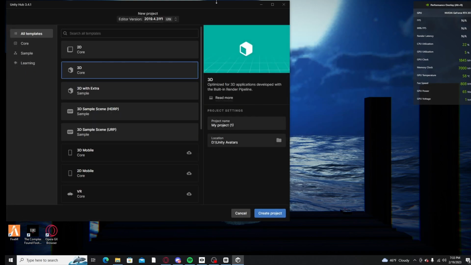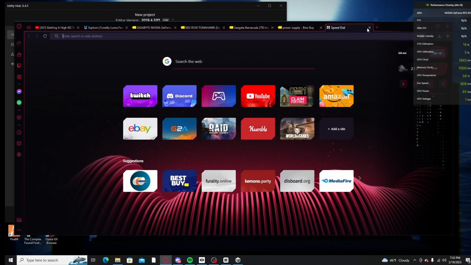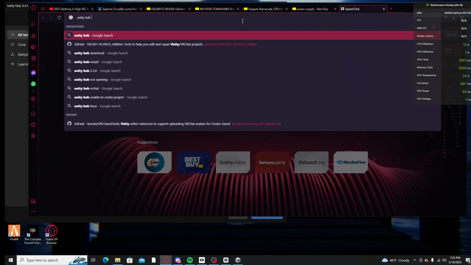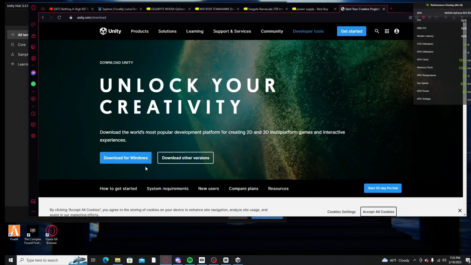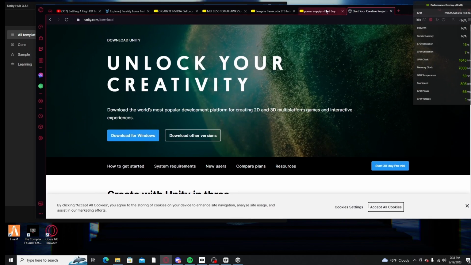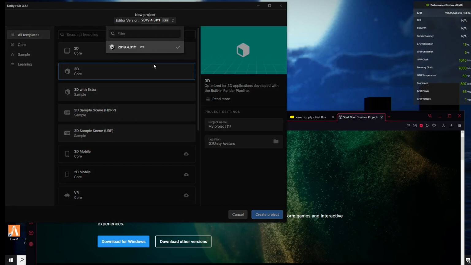So the first thing you're going to want to do, you're obviously going to want to download Unity Hub. Now, how you do that, you go to any search bar that you have, type in Unity Hub, then go to their website, click download for Windows, then you will be prompted to a download file, right? Then after that, you want to download the Unity editor version